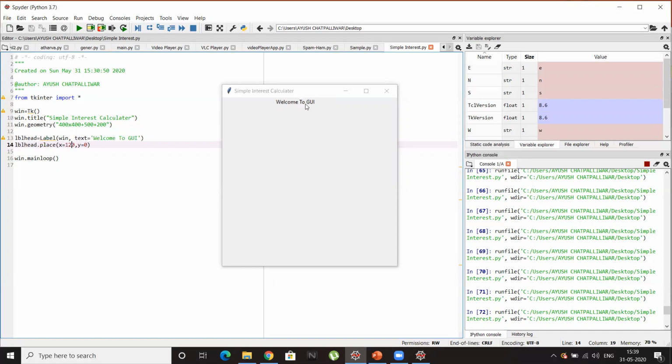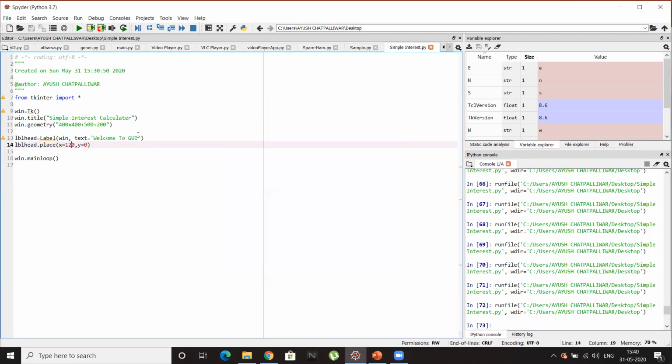So I would like to change the font style and font height, and I would like to make it even more bold. So we'll use another attribute in this label function, that is font. In this font attribute, we can give 2 to 3 arguments. The first argument I would like to give is the font style. Here I will use Times New Roman.